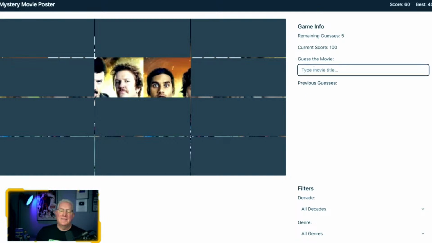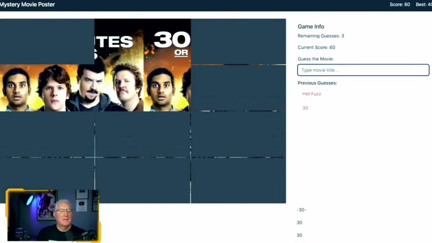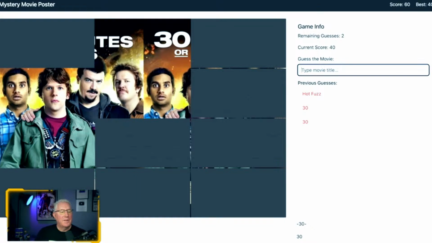Is this Hot Fuzz? Is that what that is? No, definitely not Fuzz. You would know that one right off the bat, right? I know that one a million times. This is like one of those 30-something of. I have no idea. Again, not really my genre. I have no idea who this movie is either. I don't know. So we know we've got to fix that. Yep. All right, let's fix it.